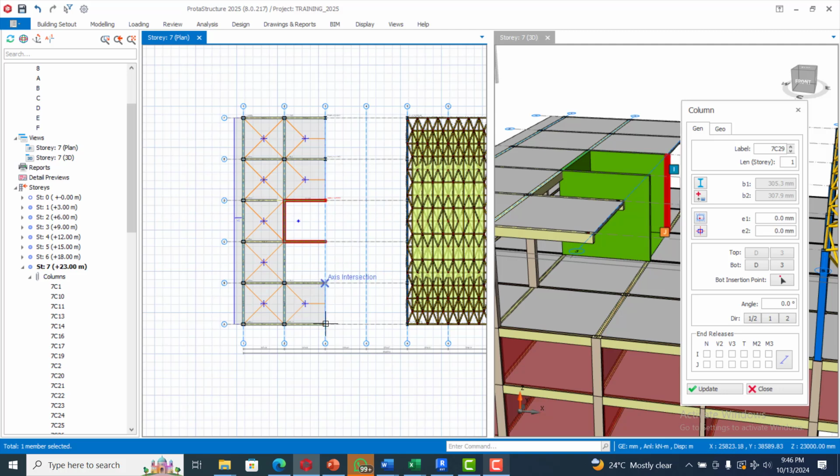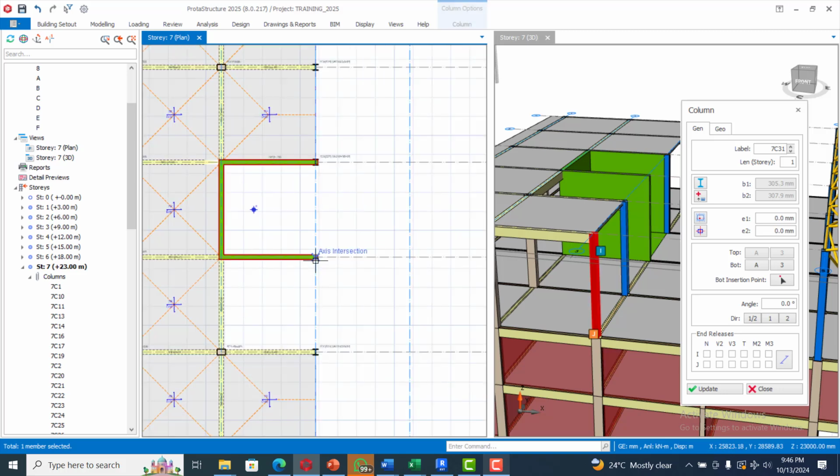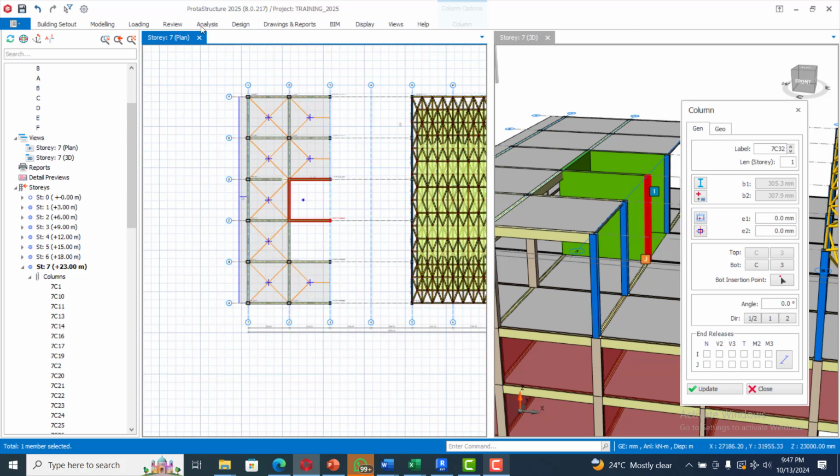Yeah, so I will delete that. Well, it can still be there as a composite. Remember, you are having a concrete and a steel, so you can still have it there as composite. So okay,